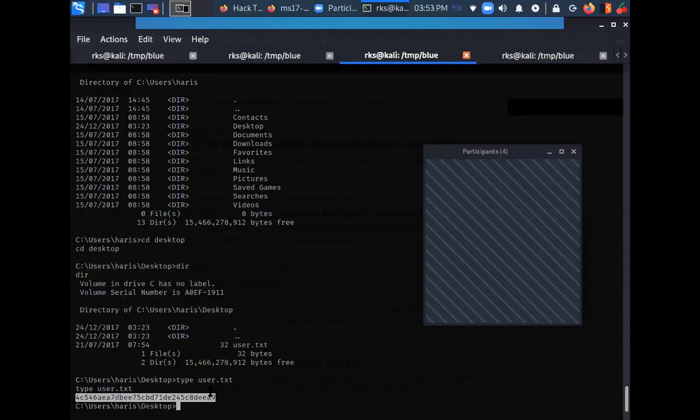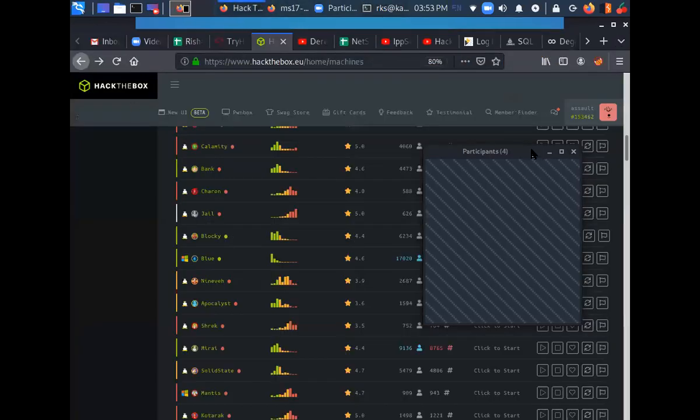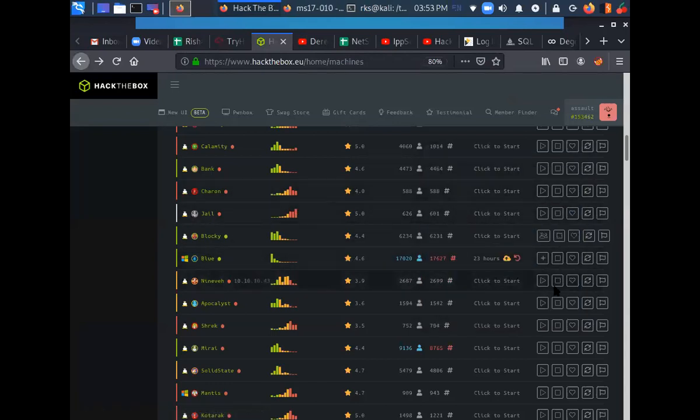Let's copy this and go to my panel over here. There is my Blue machine. Just click on this flag icon, submit flag. Click here and paste the flag. Assign the difficulty, whatever you felt, and click on submit the flag.